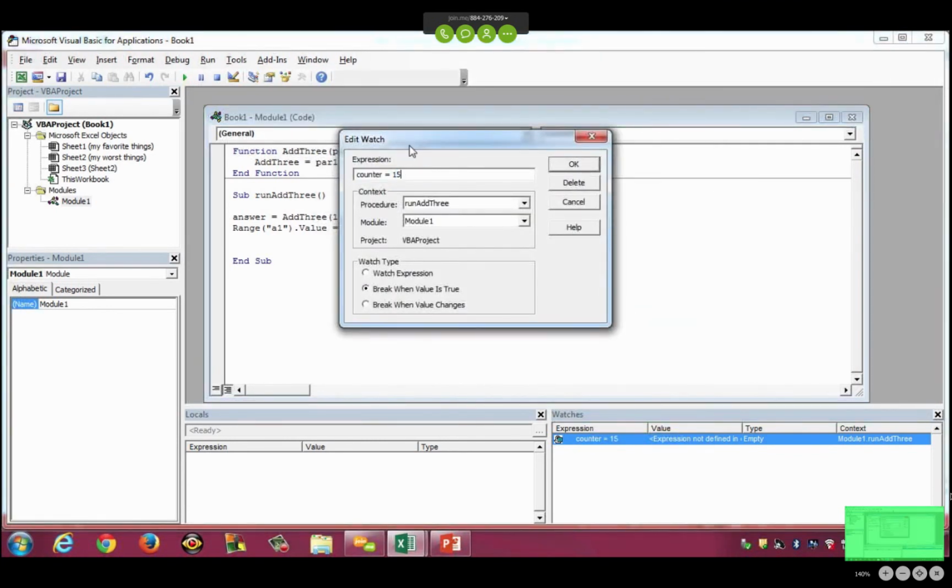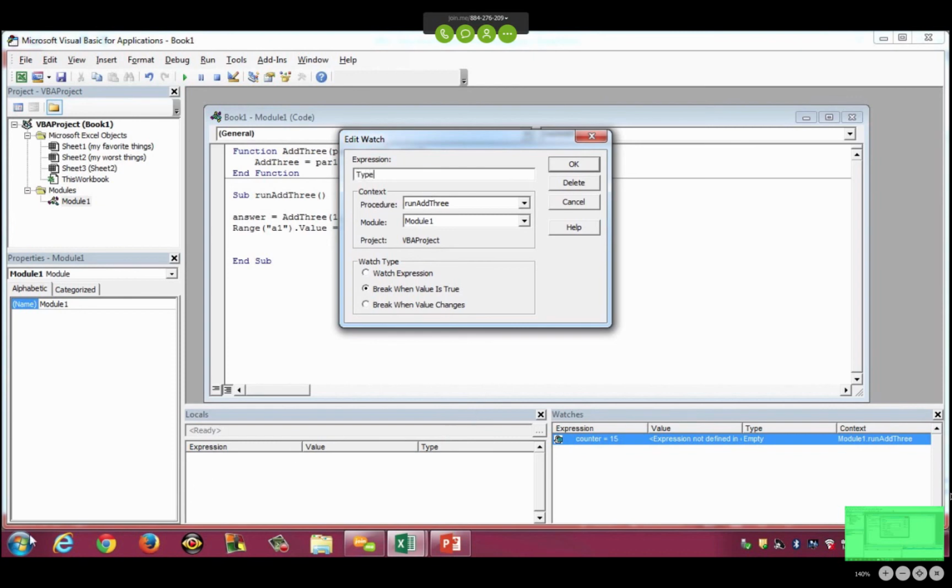Instead of counter equals 15, what we're going to do is check the type of the value. Is it a string? Is it an integer or whatever, right? So let's say type name,